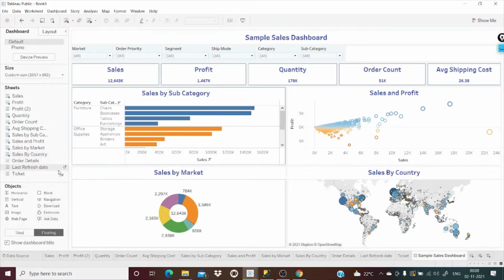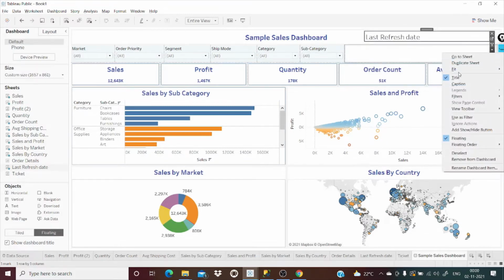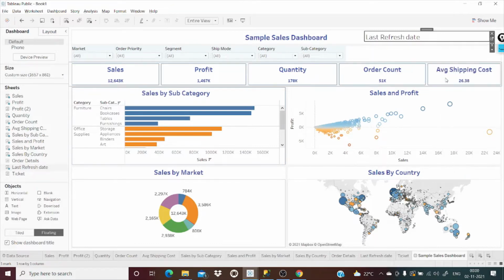So just drag and then place it here. Reduce the size like this. And then fit entire view is fine. And then title, we don't want to show the title. Now this looks fine. 2nd November 2021, just now.